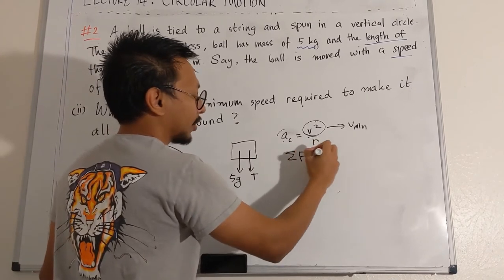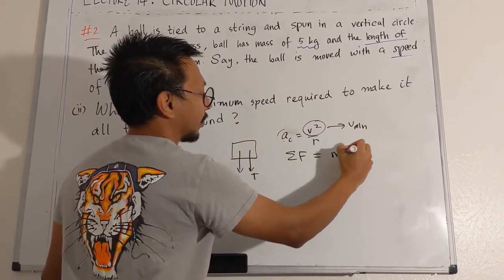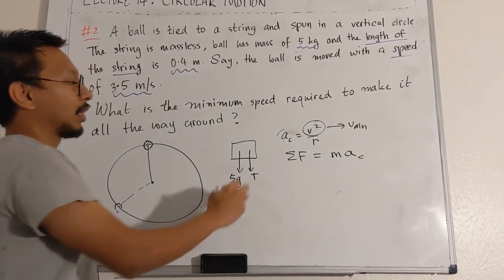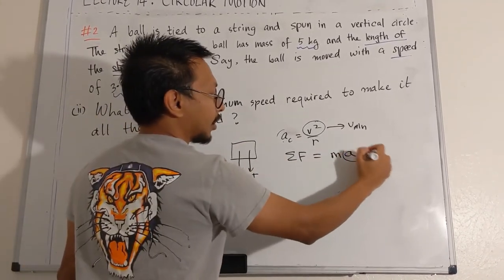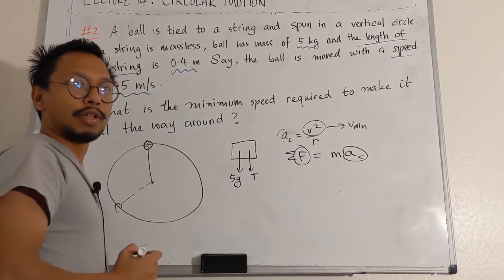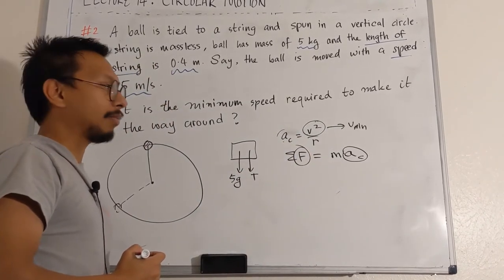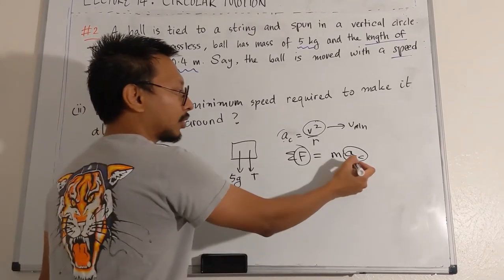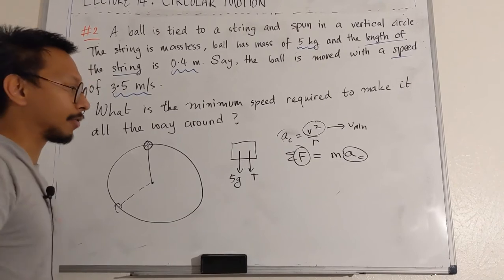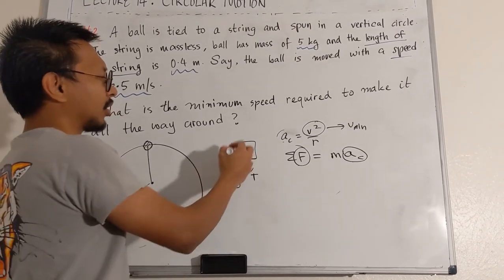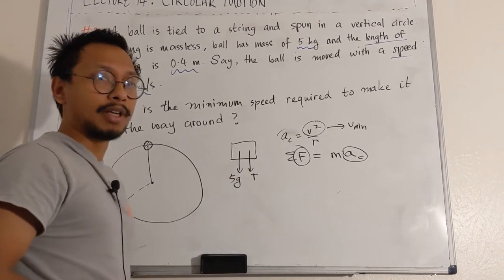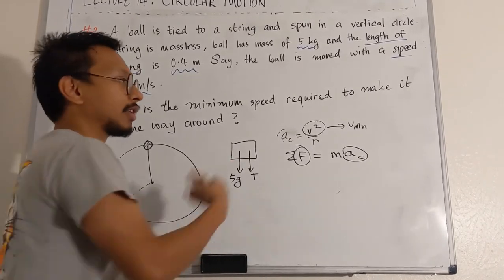If you remember Newton's second law, it looks like F equals ma, and for centripetal motion this becomes a_c. If acceleration is a minimum, then the force must also be a minimum. So a minimum force will cause a minimum acceleration. Hence, for the minimum speed, to minimize the acceleration, we need to minimize the force that is causing that centripetal